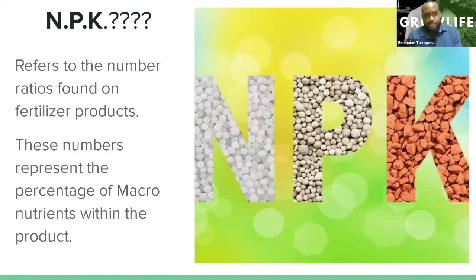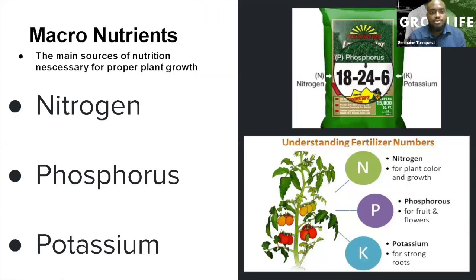So NPK refers to the number ratios found on fertilizer products. These numbers represent the percentage of macronutrients within the product. So what are macronutrients? Macronutrients are the main sources of nutrition necessary for proper plant growth. So aside from macronutrients, you also have micronutrients and trace minerals. But for the sake of this presentation, we're going to focus on the macronutrients, because without these, your plants won't